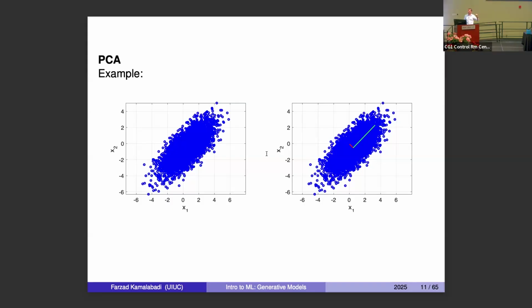And the goal is to find the directions in that data. So one direction first, let's start there. The direction of highest variance in the data. Okay, that's the goal. Let's start simple. What does that mean? You're given a scatter plot. This is two dimensions. We have x1 and x2 only. Okay. And this is your scatter plot.